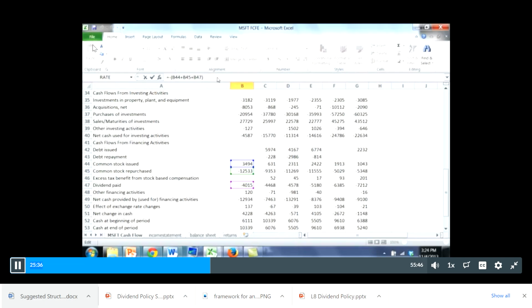So I've mentioned that on the cash flow statement, inflows are entered as positive numbers and outflows are entered as negative numbers. And that is from the point of view of the firm. So, right, when they issue common stock, money flows into the firm. When they repurchase common stock, money flows out of the firm. When they pay dividends, money flows out of the firm. So I've just added those in here. And so now just the sum of those would give us the net cash flow to the firm from issuing and repurchasing common stock and paying a dividend.